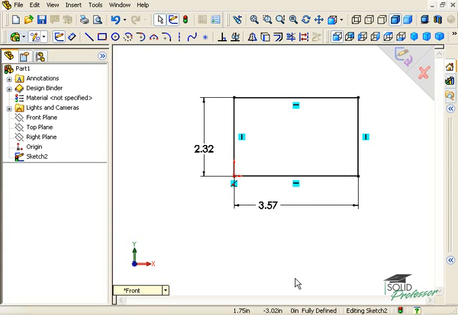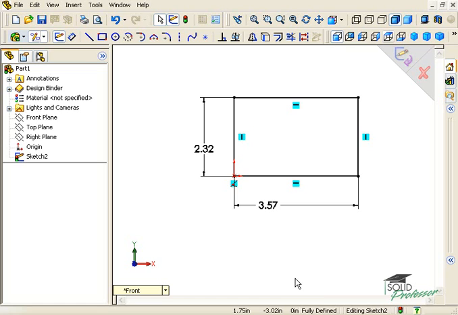When creating sketches in SOLIDWORKS, you don't have to fully define sketches. This is a nice feature because oftentimes, especially in the early stages of design, you may not know what dimensions you will be using, but you have a general idea as to the shape, and SOLIDWORKS won't care if you leave sketches underdefined. Having said that, it's generally considered good practice to fully define sketches once you finalize a design,